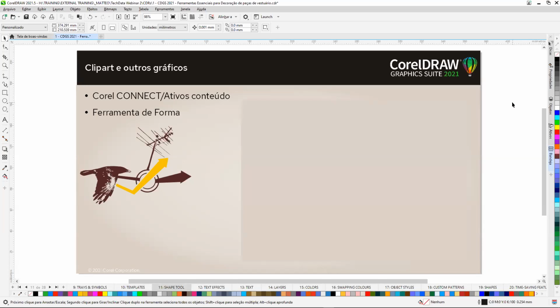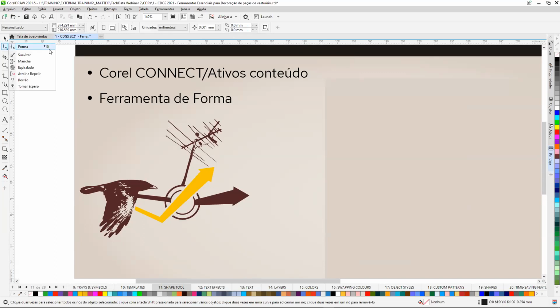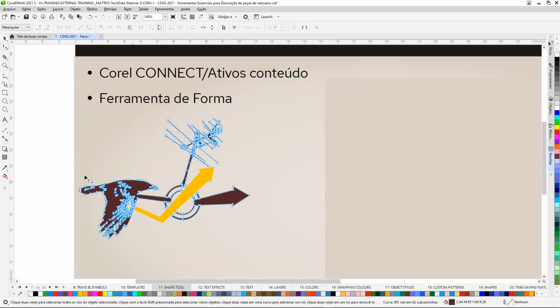Now, we mentioned at the beginning that you have 7,000 clip arts in CorelDRAW. Now, you don't have to use the clip arts as they are. You can actually take the clip arts apart. So I have here a clip art, and I'm just going to ungroup this. And then using the shape tool, this tool here, and holding down the Alt key, I'm just going to select this part of the clip art. Then I do copy,